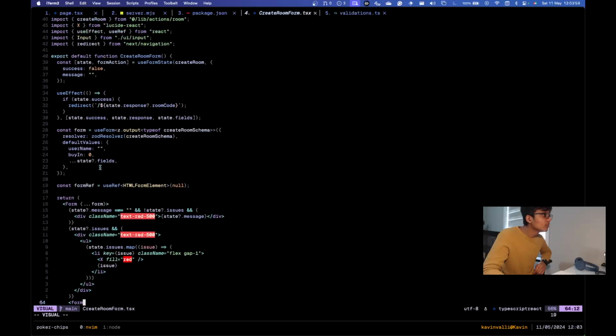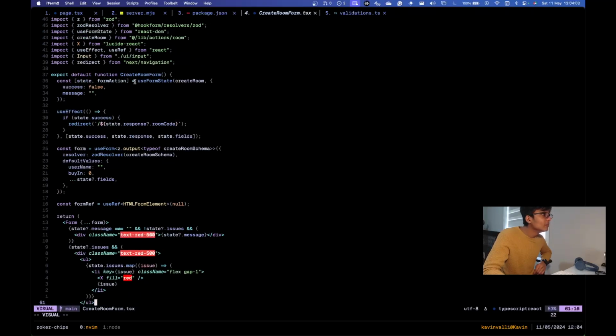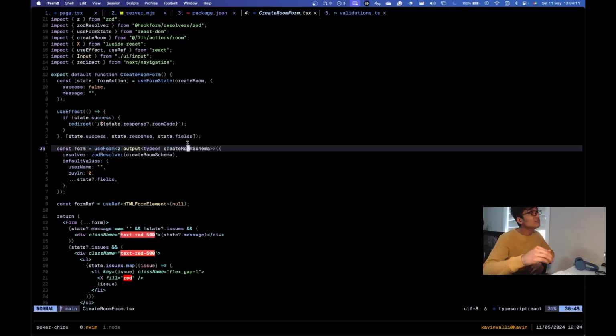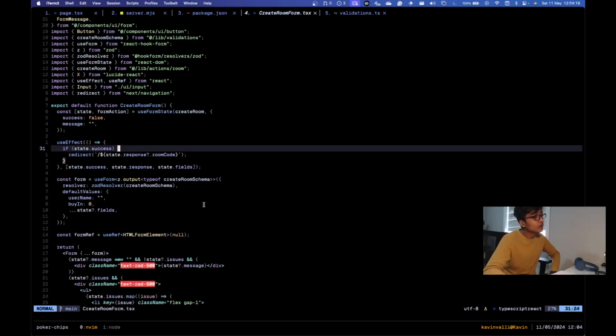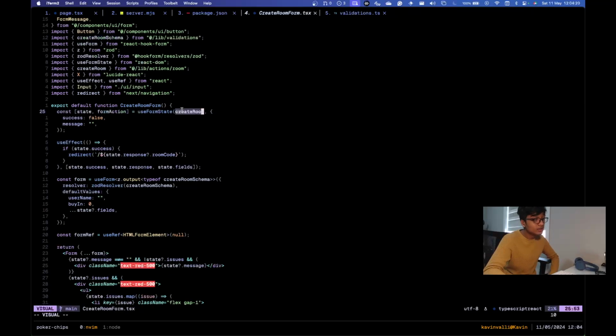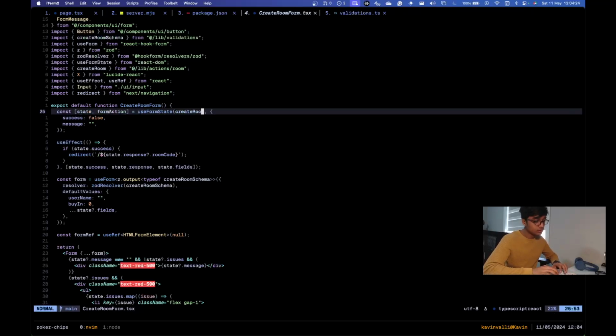And talking about this for a second, form actions. I'm using the useFormState, and if you look at the React 19 docs, you'll get a better understanding of what it is doing. It basically helps you manage state for forms, and you can pass into it a server action, which is the create room. And if I look at the server action over here,